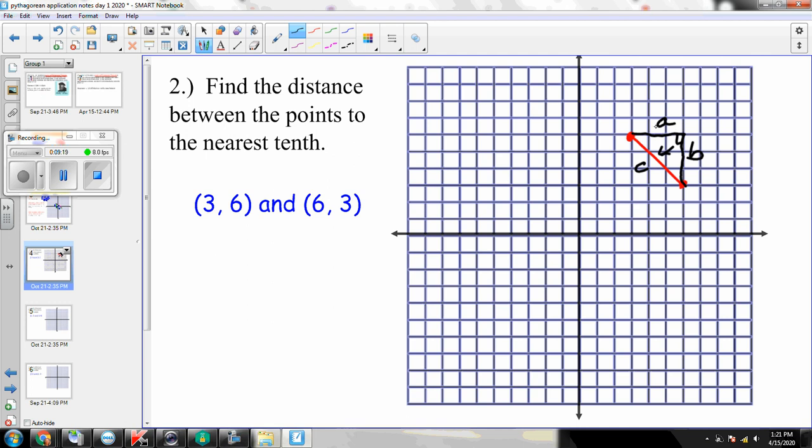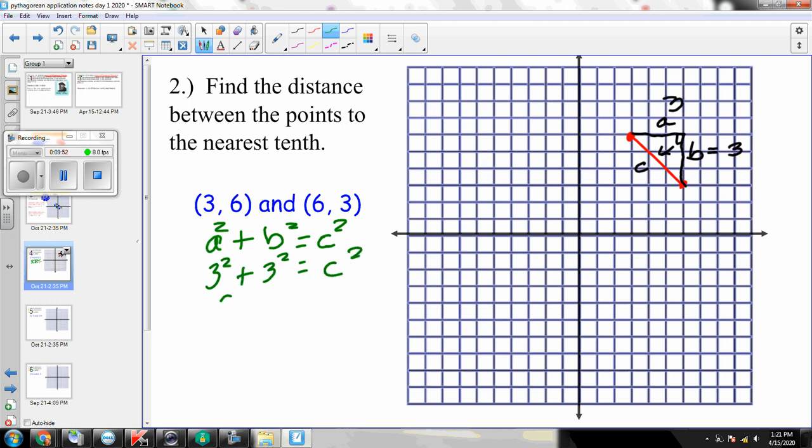I need to count how long these sides are. So this one is 1, 2, 3. a would be 3. This one is 1, 2, 3. b would equal 3. So now I'm going to use the Pythagorean theorem, which is a squared plus b squared equals c squared, to find the hypotenuse of the right triangle, because the hypotenuse is the distance between 3, 6 and 6, 3. So both of my legs are 3, so I'm going to put 3 in for a and 3 in for